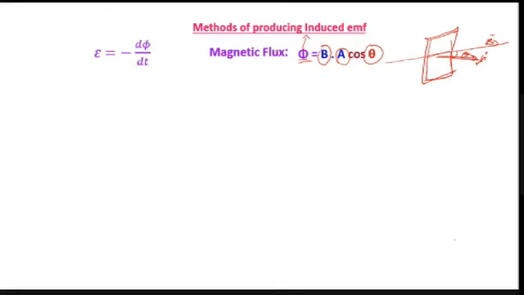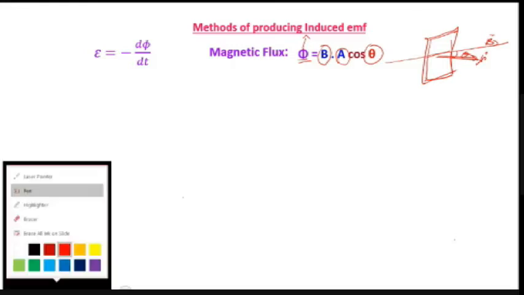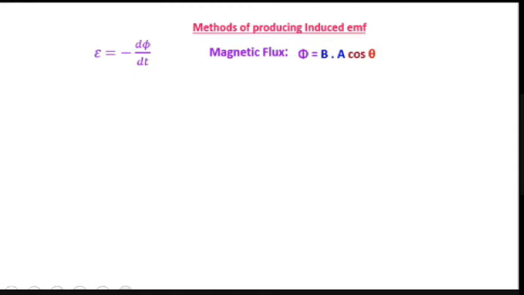Ria? Yes, sir. Can you elaborate the first technique to change the flux or to produce the induced EMF? The amount of magnetic field passing should be increased or decreased. Change is neither. Don't always think that it should be increased. It can be increased or decreased. How can we change the magnetic field linked with a coil?